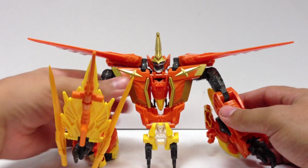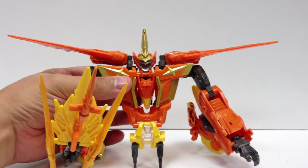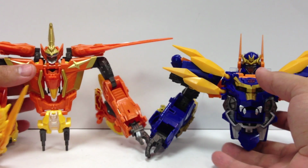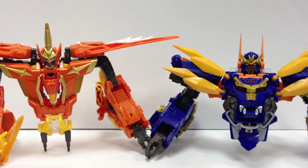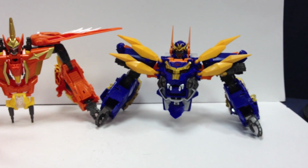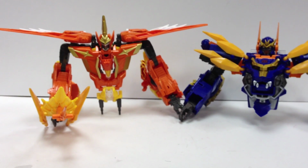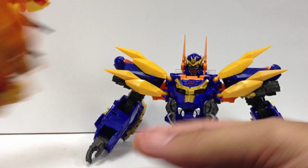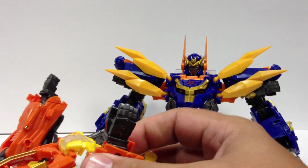So there's HISHOUMARU as a torso, and just to compare them, here he is, I'll back up a little bit, with HISHOUMARU as torsos. So like I said, we're getting some really nice looking upper robots so far in this line. And real quick, his official mode, since they do connect together, I am going to go ahead and attach,